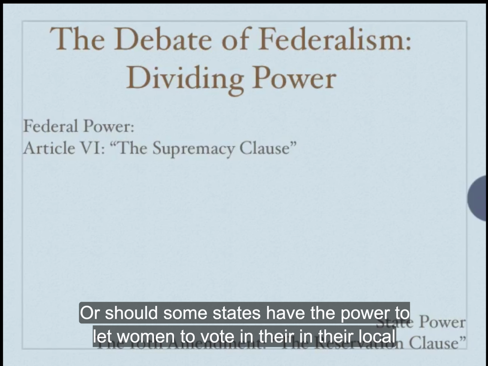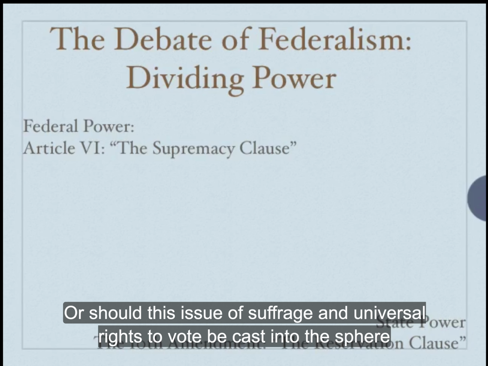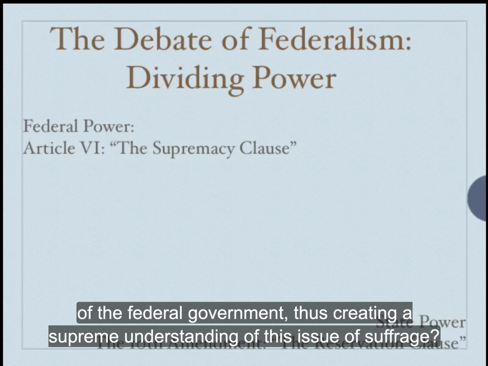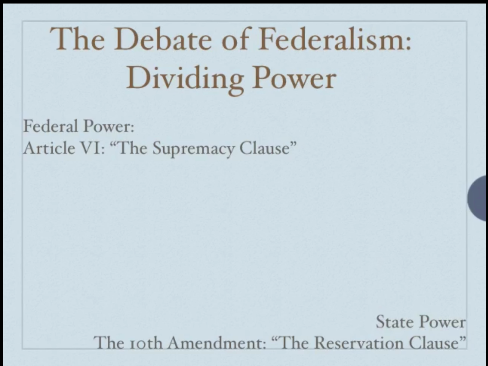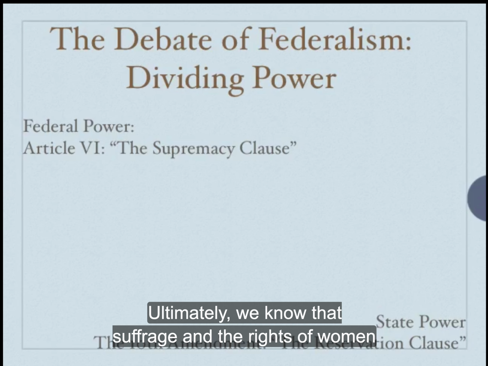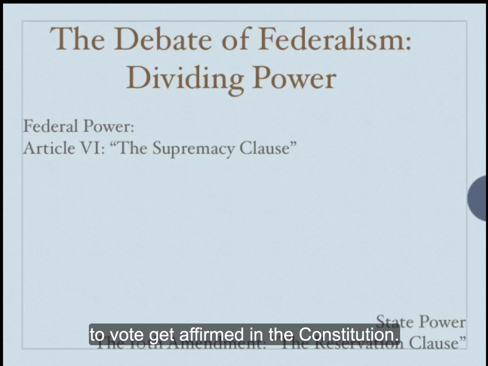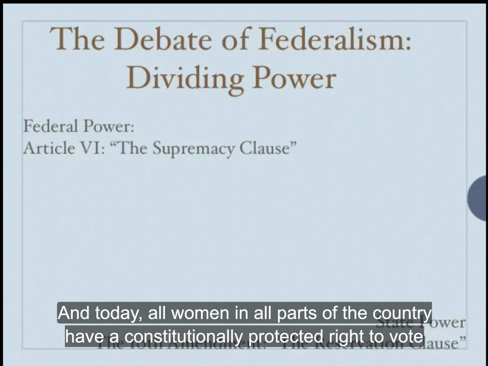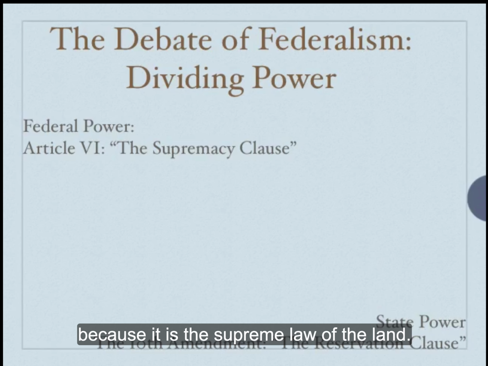Or should some states have the power to let women vote in their local and state governmental elections? Or should this issue of suffrage and universal rights to vote be cast into the sphere of the federal government, thus creating a supreme understanding of this issue of suffrage? Ultimately, we know that suffrage and the rights of women to vote get affirmed in the Constitution, and today all women in all parts of the country have a constitutionally protected right to vote because it is the supreme law